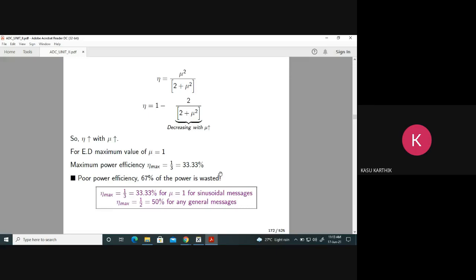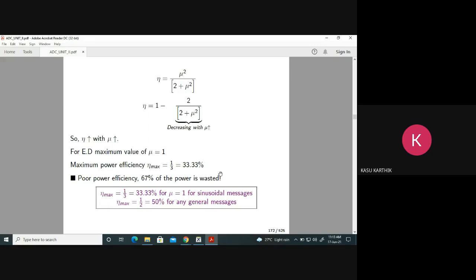So that is one of the biggest drawbacks of amplitude modulation. It has got poor power efficiency. It has got poor bandwidth efficiency. These are two disadvantages of AM. You're wasting power, you're wasting bandwidth. But ironically, these two are communication resources. You're not using resources properly. The only advantage of AM is it has got a simple demodulator, which is having only basic elements like a resistor, capacitor, a diode.